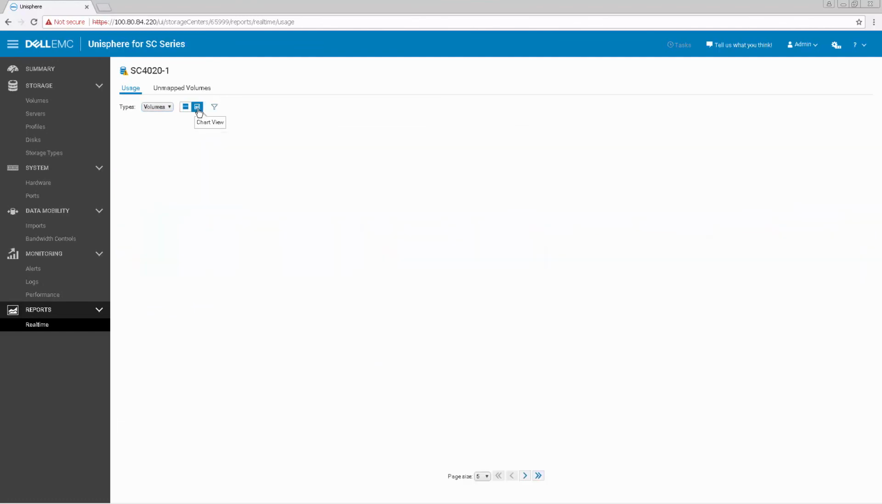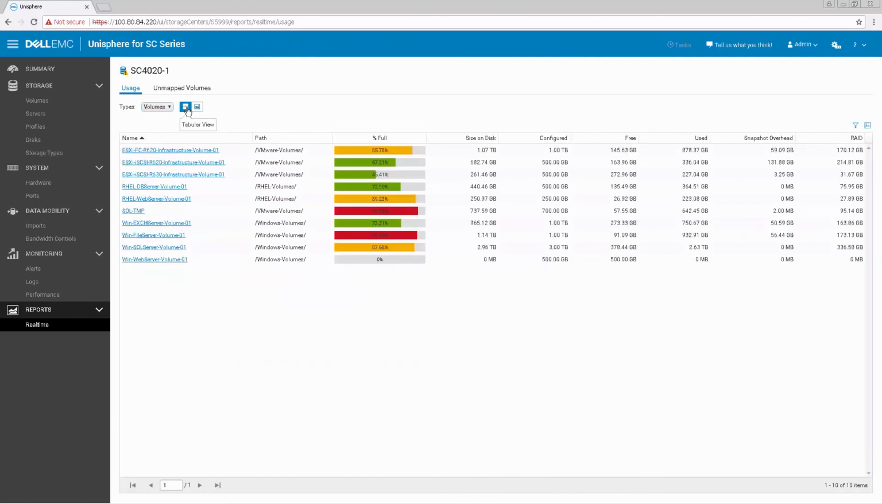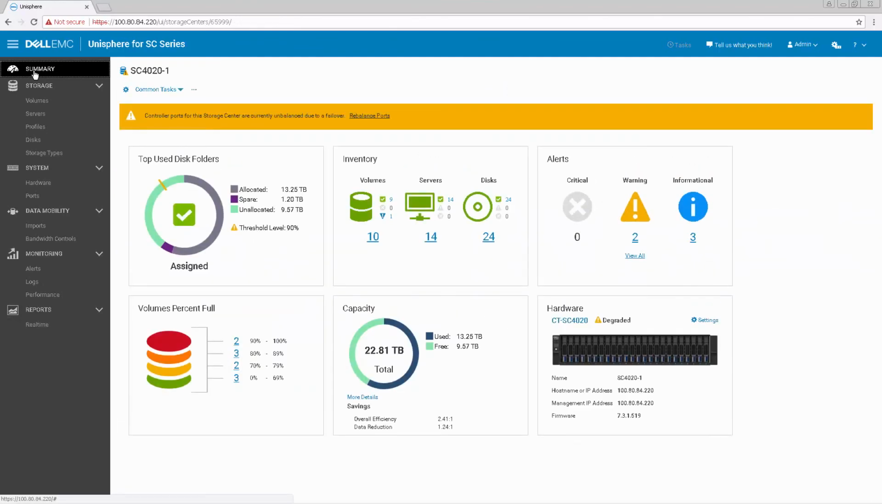Additionally, the information can be shown in the chart view rather than the table view. And back to the summary page, which provides direct links